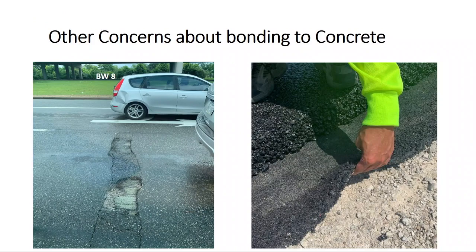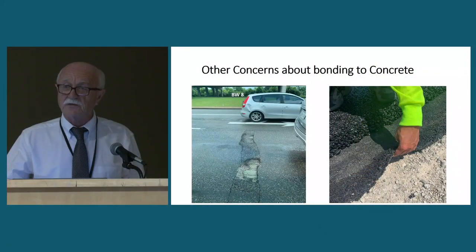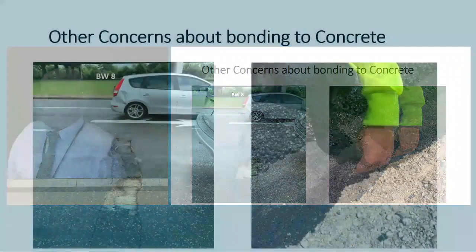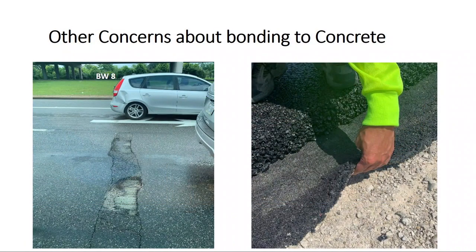So, other concerns. I do a lot of work in various places, not just bonding to concrete, but what's been pointed out to me by the contractors is some of the patching materials that we use on concrete. We have a heck of a time getting anything to stick to these things. This one in particular is this green stuff here. The job itself is fine, but the green stuff there is